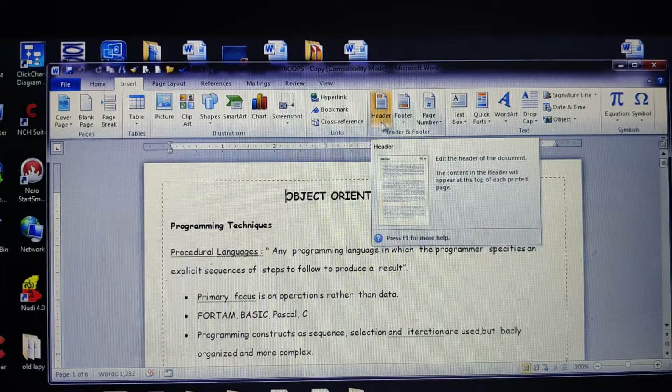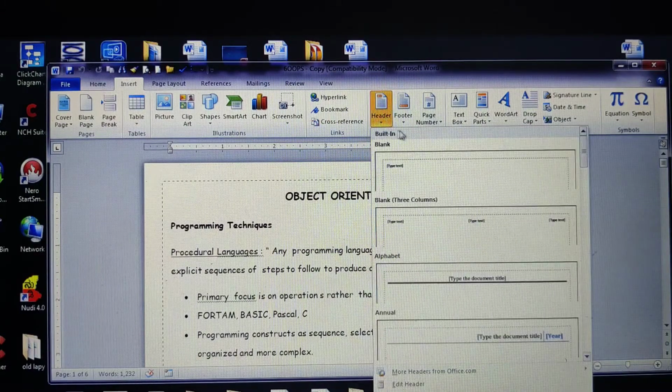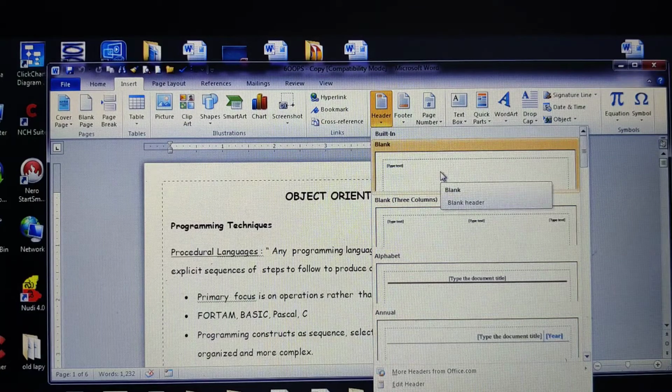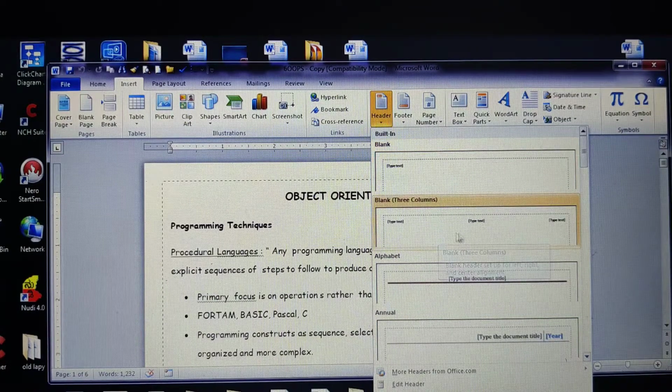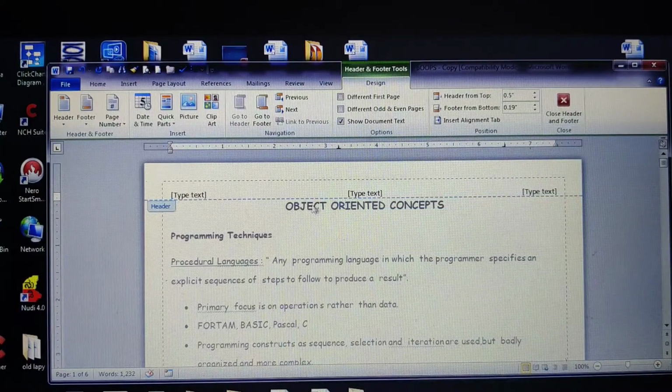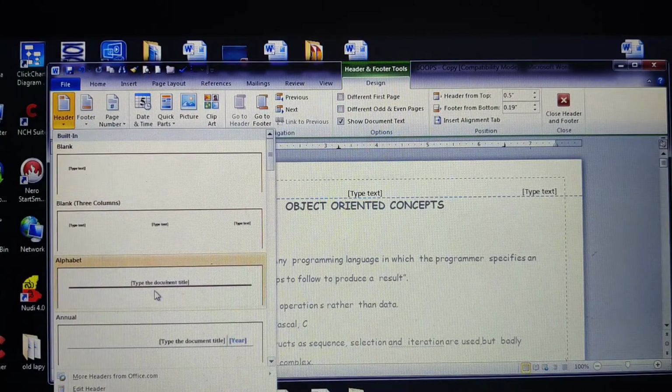When you click on this header, see, you have different styles here. You can have the page title here. If you have three different texts to be added to your document, you can go for this style. All right, I don't want this one, I want a different style. I will take this style.